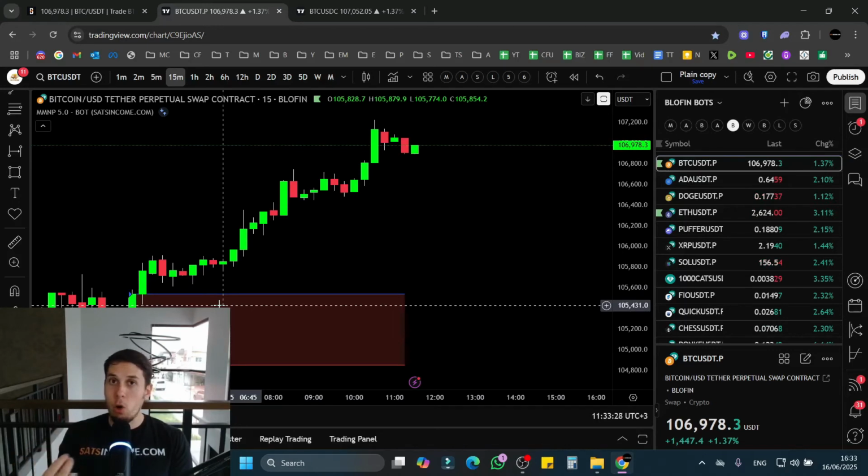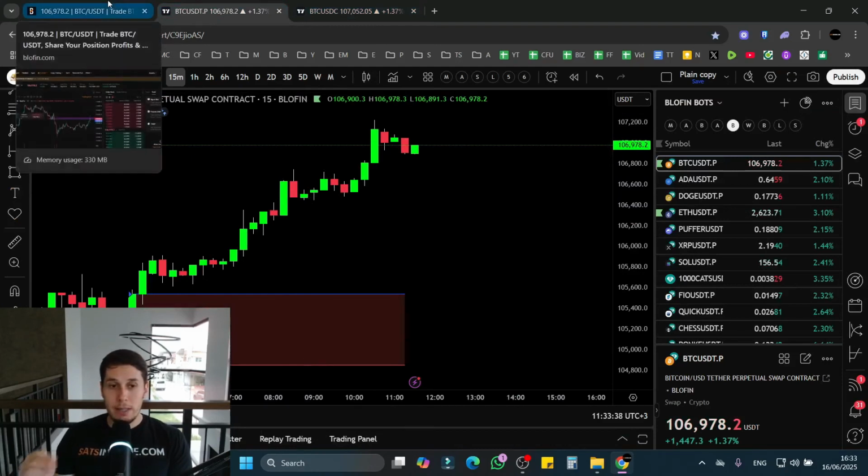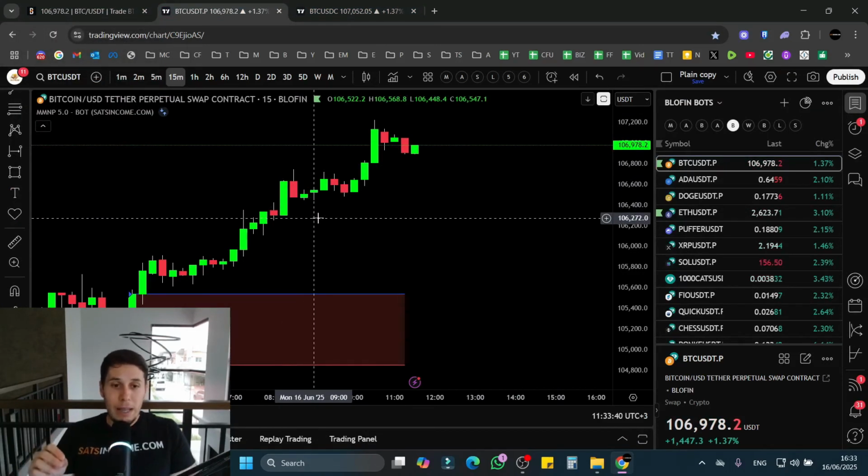Right, you have control over that, and that's the most important thing. Now how this works, I'm going to show you in a moment. Basically, the whole idea here is that the indicator on TradingView sends signals to the bot in